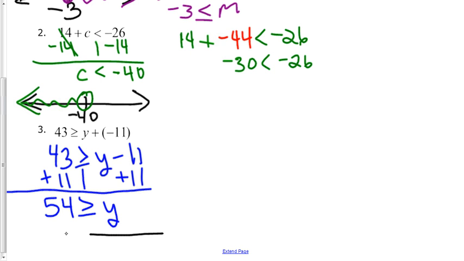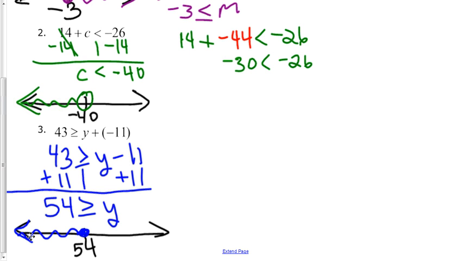So I'm going to make my number line. Here's my boundary at 54. Open or closed circle? It is going to be closed because it's greater than or equal to. And I just asked myself, 54 is greater than or equal to what numbers? So 54 is going to be greater than or equal to all the numbers over here, like 50 and 40